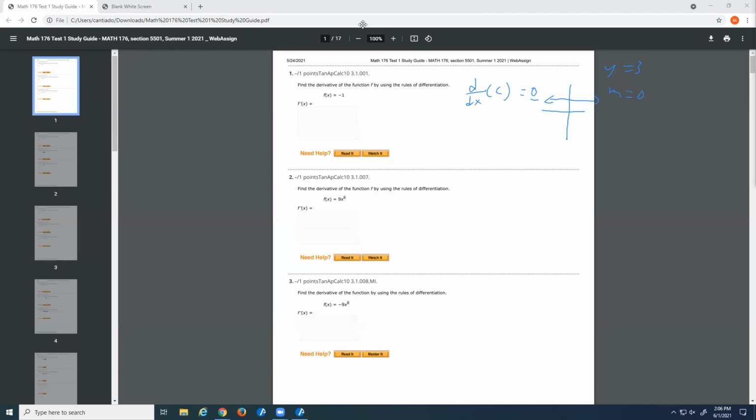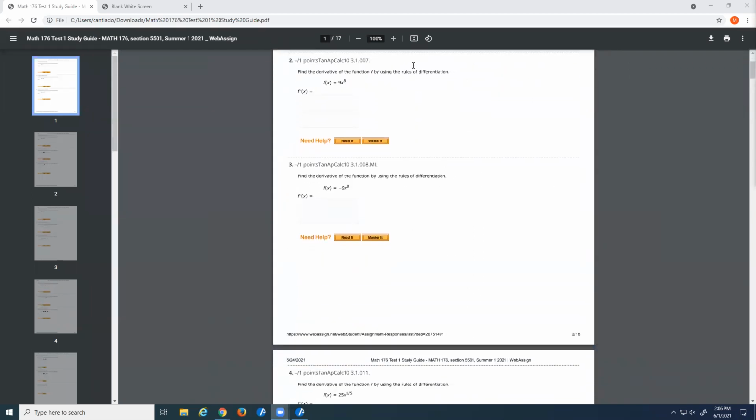All right, so let me go ahead and erase that. So that was number 1. Now moving on to number 2. For number 2, let me go ahead and switch colors. It wants us to find the derivative of the function f by using the rules of differentiation. And this is going to take advantage of the general polynomial rule. So if we have some polynomial, say x to the n,